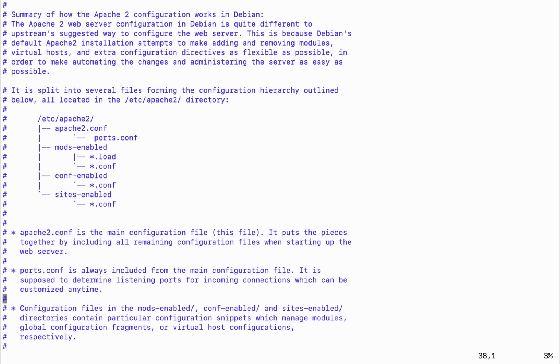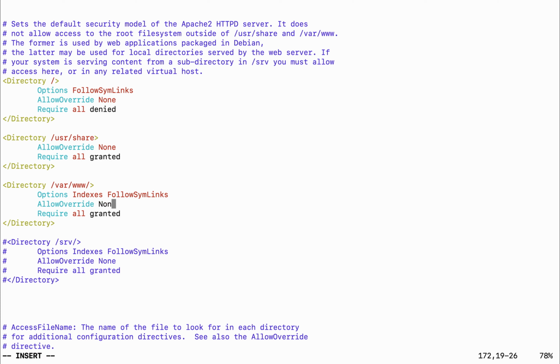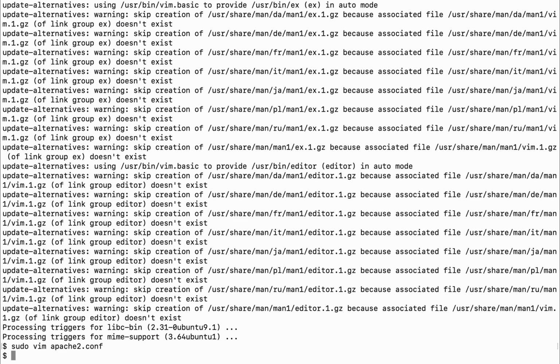Here the user and group are mentioned. For now I will leave it as it is, but you might have to change it in future based on which user you are using to modify the code and content of your project. One important change that we have to do here is to change AllowOverride None to All. This is a very important change so that mod rewrite works fine. Once you have made this change, hit the Escape button and type colon wq to save this file.